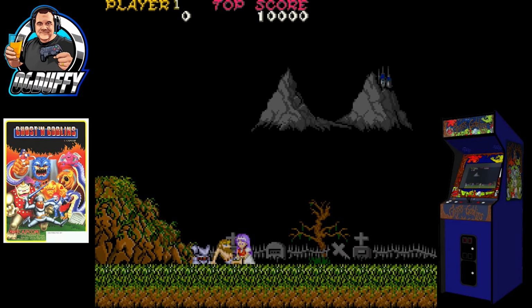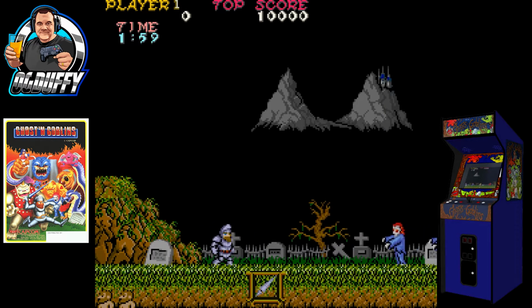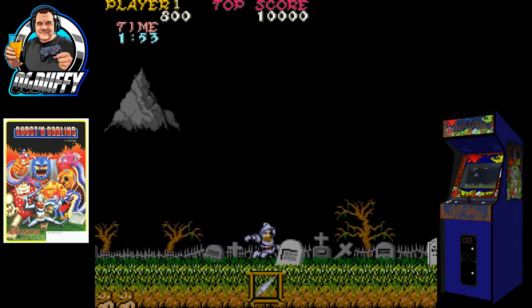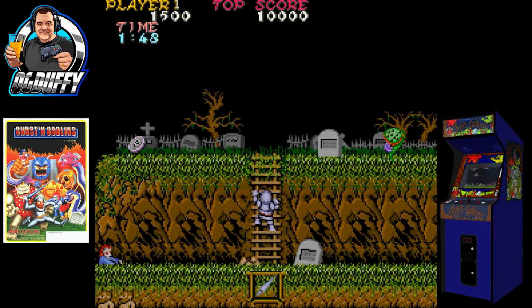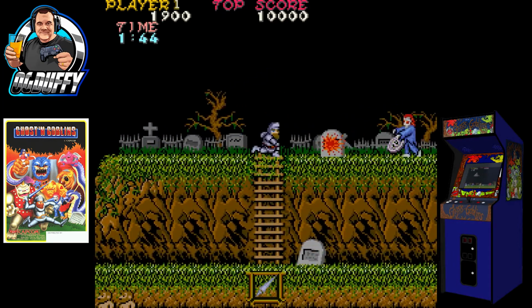Now, in September of '85, this was their fourth release by Capcom, and it's the awesome Ghosts and Goblins. This game was so well received, and again, like the previous game Commando, it was rolled out onto most home systems at the time, including Ataris, etc. So this was a massive money spinner for Capcom, and rightly so, because the graphics, the gameplay and everything else